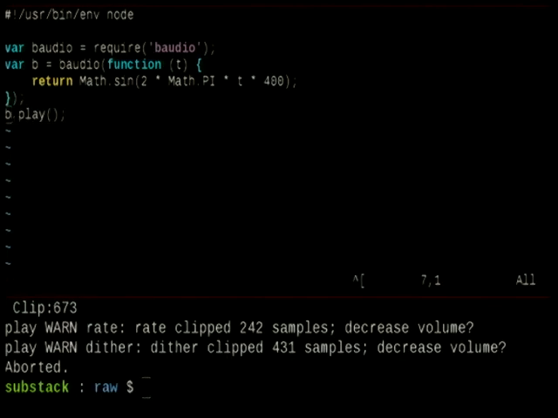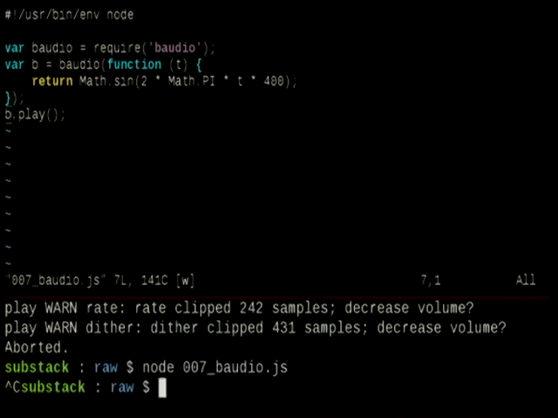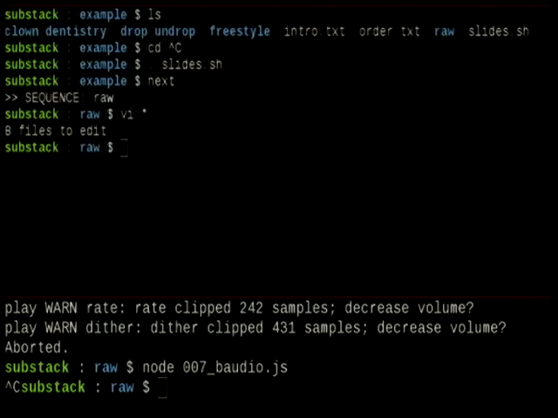Neat. So right here, actually, we're just piping to standard out. You can do that with just the play command. Or Bodio actually has something built in where you can just do b.play if you have socks installed, which just runs the command for you. So same thing, but a little nicer. Right, so that's the basics of raw audio and how to get it working with bash one-liners and such.